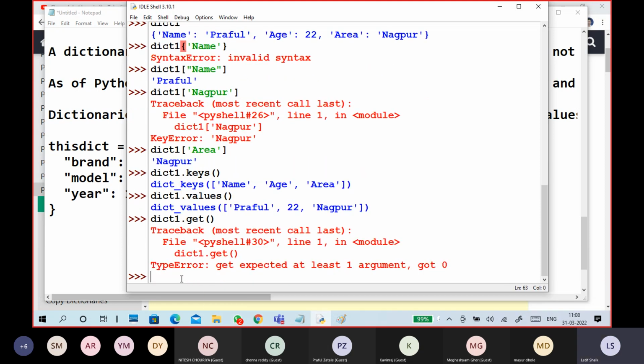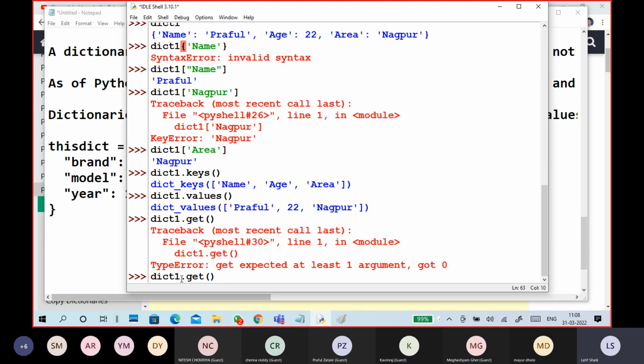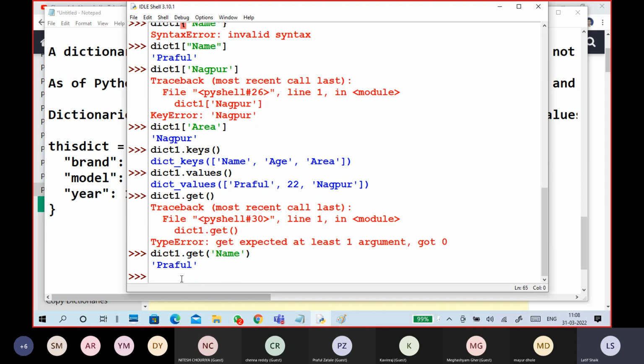I didn't explain get yet. Get name, profile, like this. I gave it like this, indexing type.